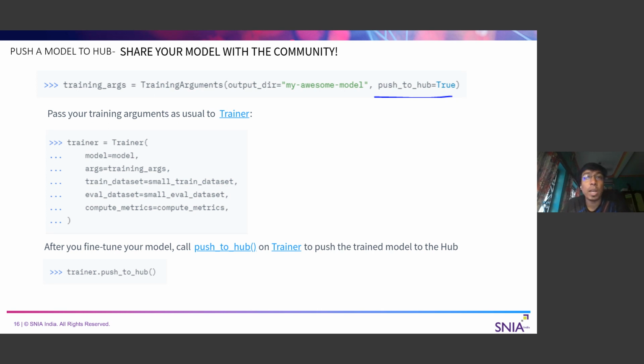So there is a provision to do that. What we need to do is, in the training arguments, set push_to_hub as true. As the name suggests, this is going to push this model to the hub, and we need to pass some authentication criteria also, so that at the end of the training, we can push this model to the Hugging Face website, actually.